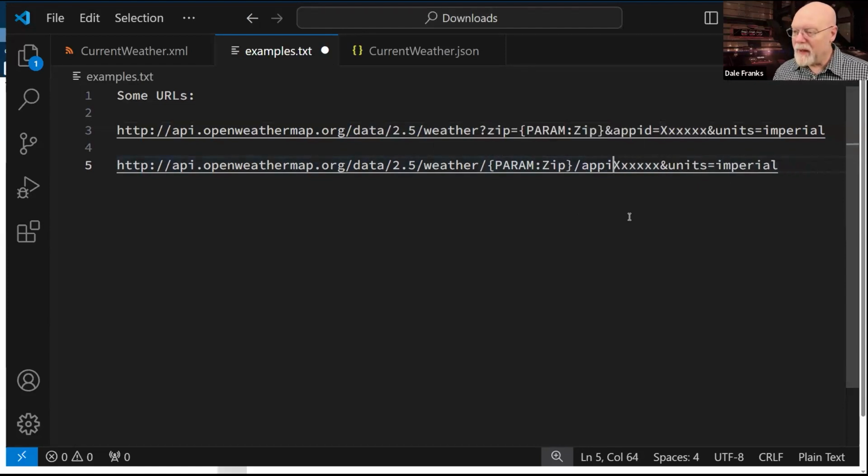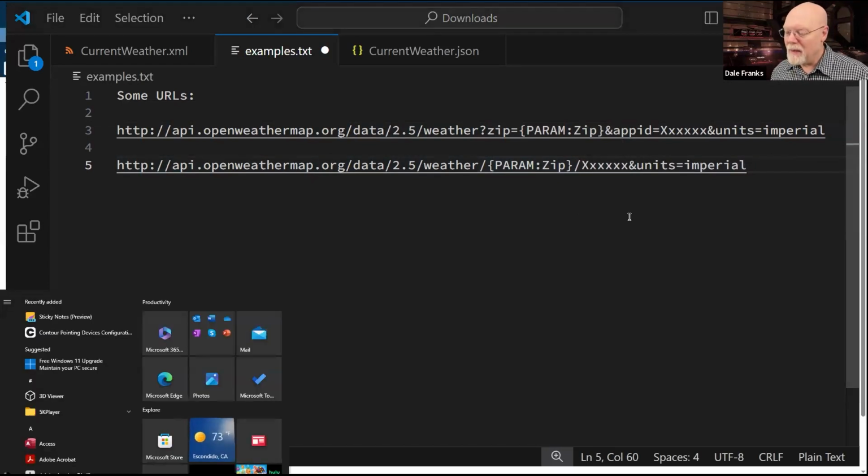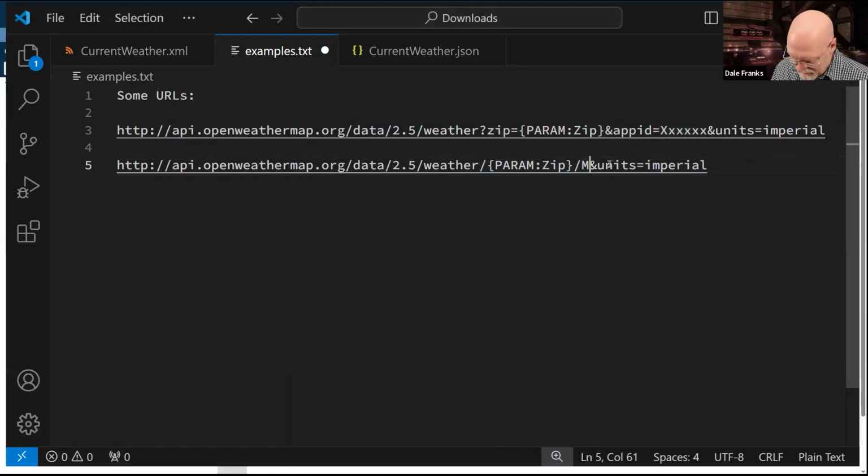And this will be the app ID. So I should probably just call this my app ID and drop in another imperial, and there may be a trailing slash like that.